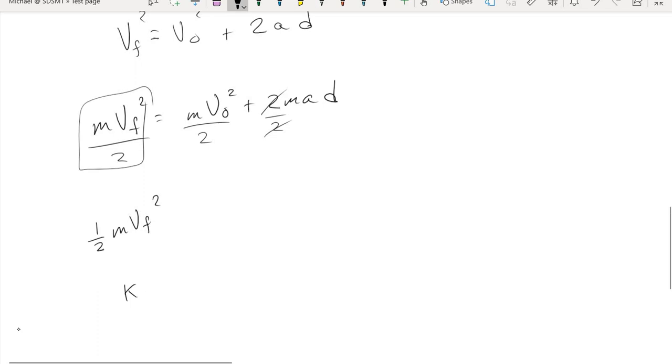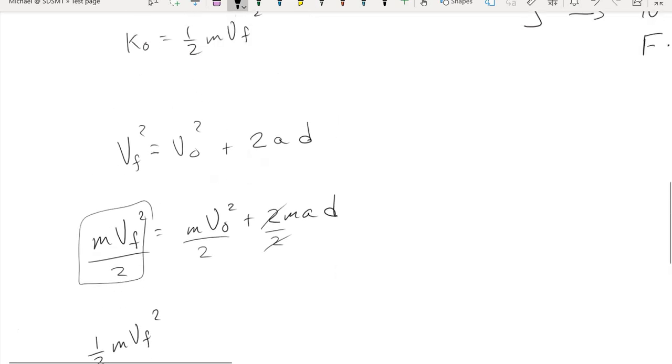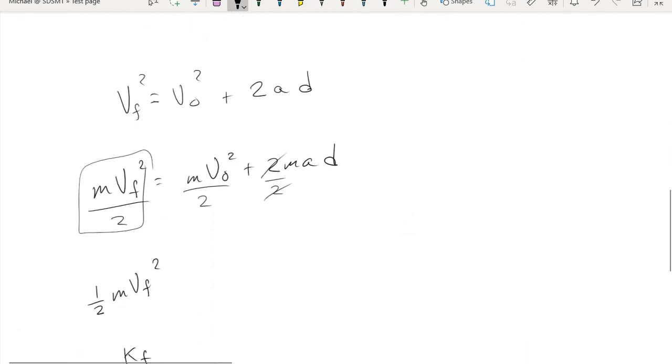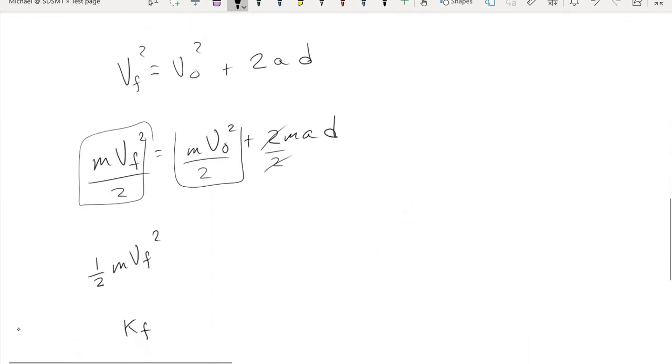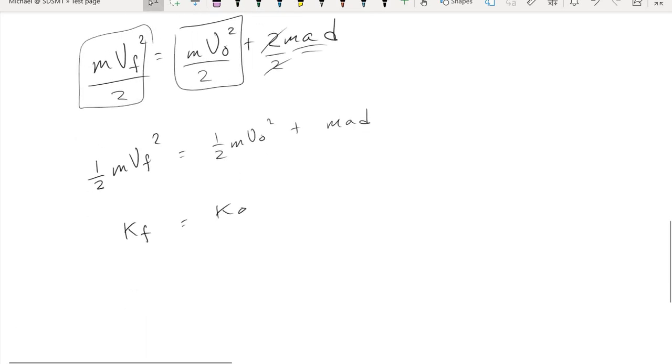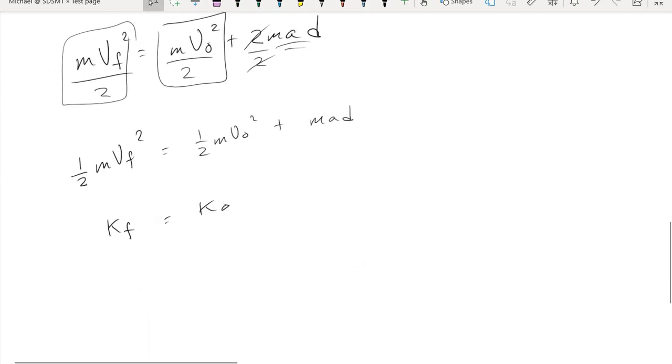Well, that's the final kinetic energy expression that we just came up with up here. Similarly, we have the initial kinetic energy expression. And we have this leftover stuff that spells mad. Well, no, I'm not angry, I'm not crazy, but